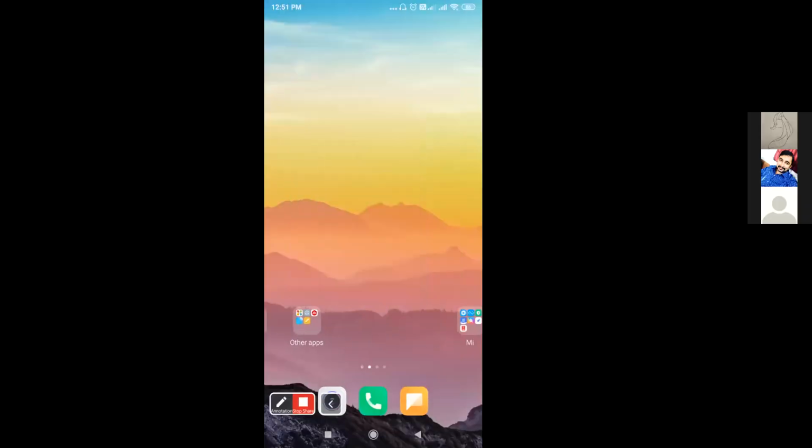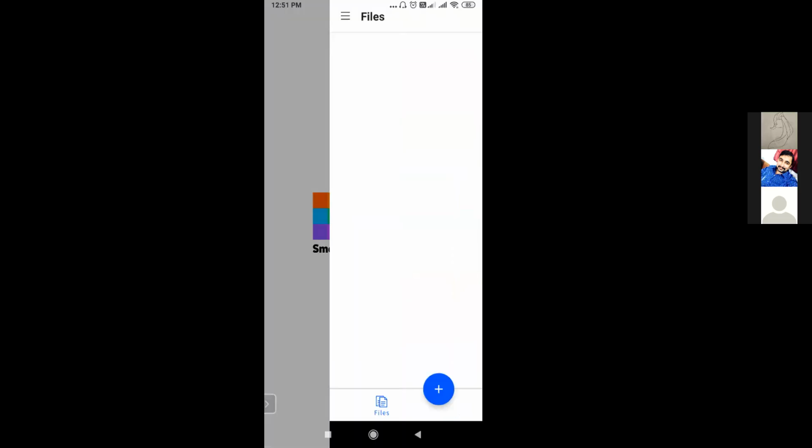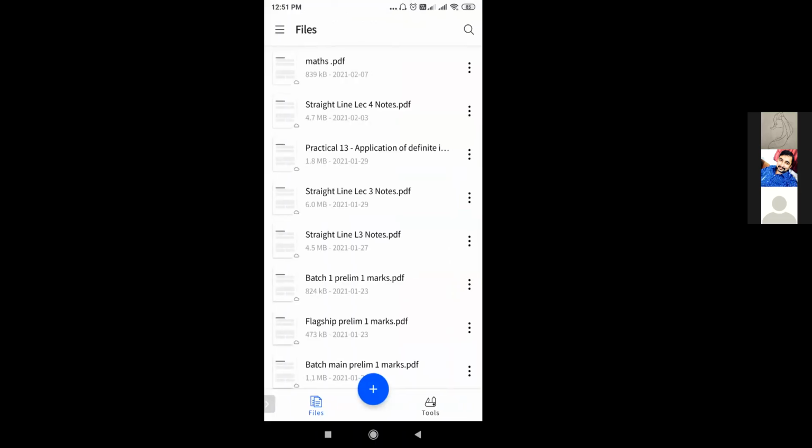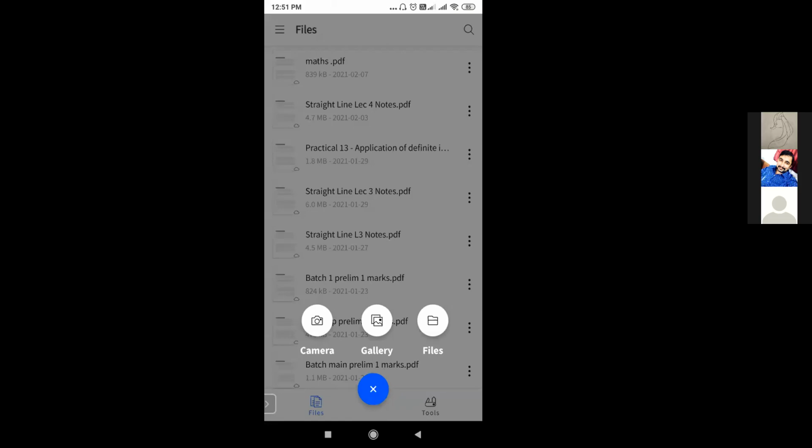Okay, now basically I use a small PDF app. Here, if you go to the small PDF app, there's a plus icon you can see over here. You can either go by camera and click directly, or you can go to gallery. If you have already clicked with the help of camera, you can see those pictures in the gallery. And if you have already saved the file, you can get the files over there. Right now I'll go to the camera and take a picture. Suppose it's my maths paper, so I'm clicking the first page.